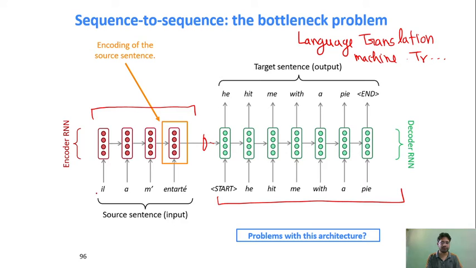So what we are doing in the encoder, suppose you have to transform from one language to another language. So you will pass every word here and then it will encode the information. Once you reach this point, you will have all the encoded information. Now this information will pass through here. So the first input is start and it will produce "he" as the output. Then "he" will be the input, then the next word will be the output, and so on. So in that way, it produces the final complete translated part.